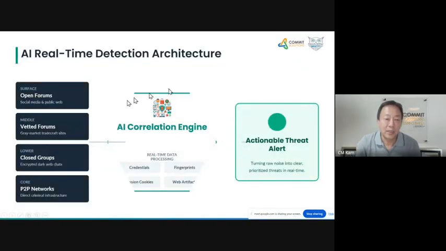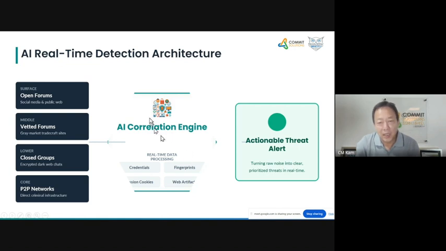So how we really do it, as I mentioned: we look at open forums, we look at vetted forums, we look at closed groups, and P2P networks, as I mentioned earlier. And the AI correlation engine will look at all these sources. Bits and pieces of this information may be flowing at different levels of the web. The AI engine will correlate that and make sense of it, whether it's a credential, a fingerprinting kind of thing, session cookies, right? And eventually make sense of it and say, okay, this belongs to ABC company, DEF company, is indexed, kept in the